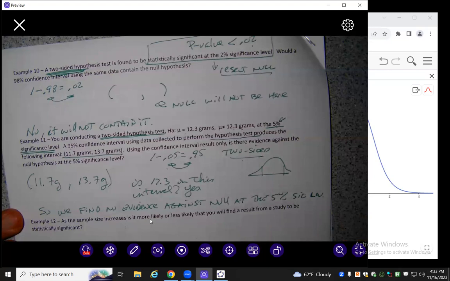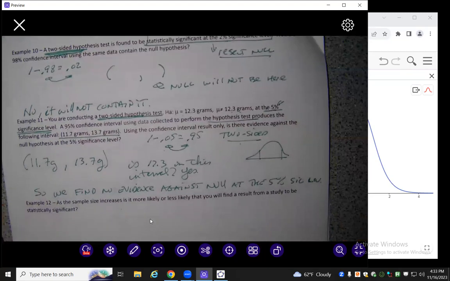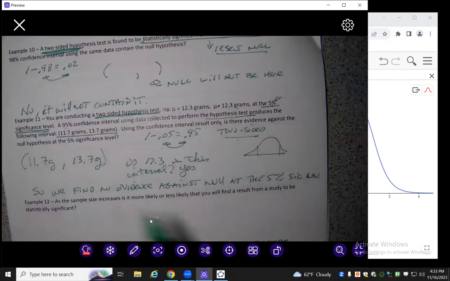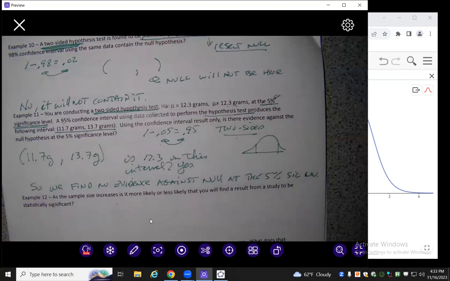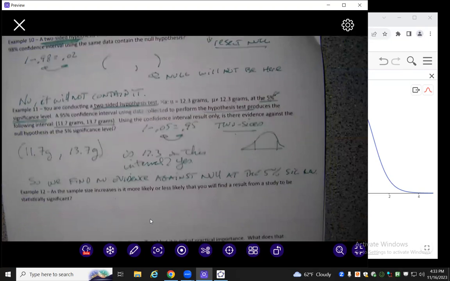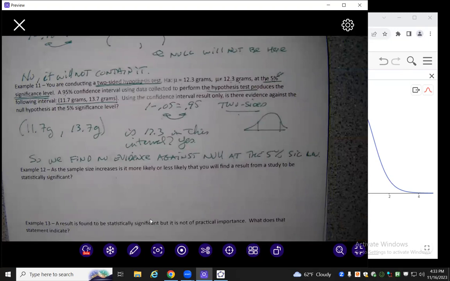All right. So again, this is a way to conduct a hypothesis test when it's two-sided: create a confidence interval. As the sample size increases, is it more likely or less likely that you would find a